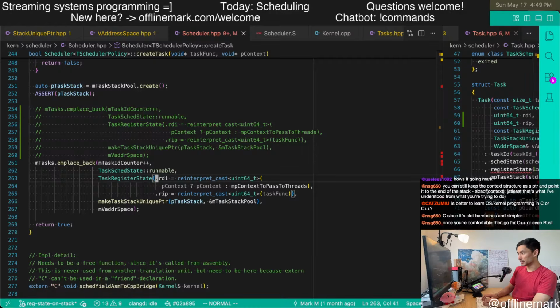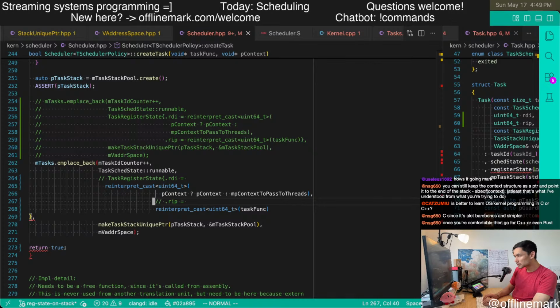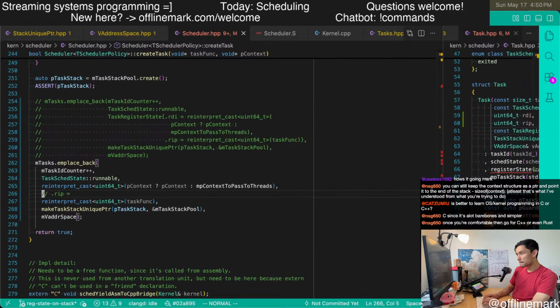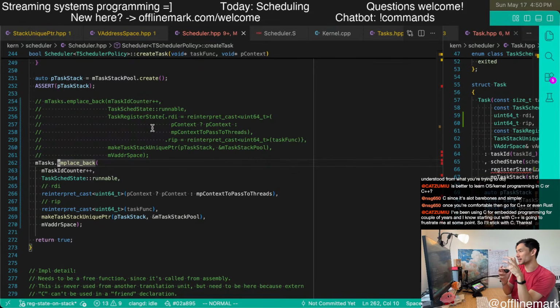Then the idea is, rip. So instead of constructing the register state and then customizing the RDI and the rip and then passing that object, like constructing that object here, we're only passing the specific values, like the RDI and rip.